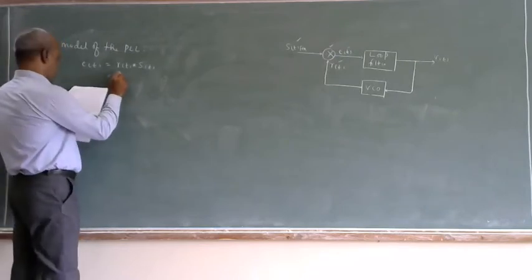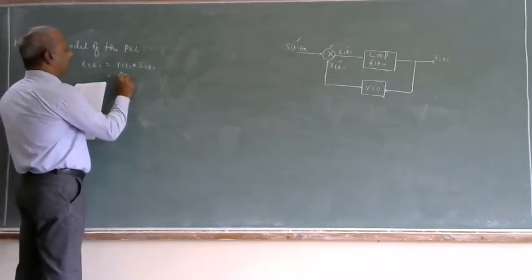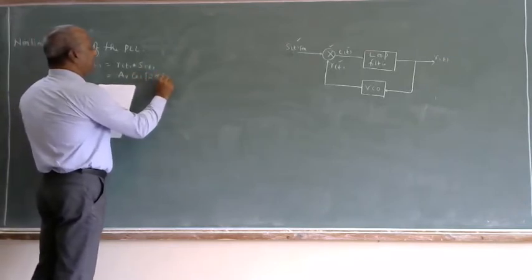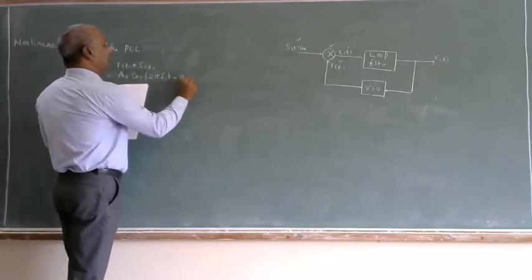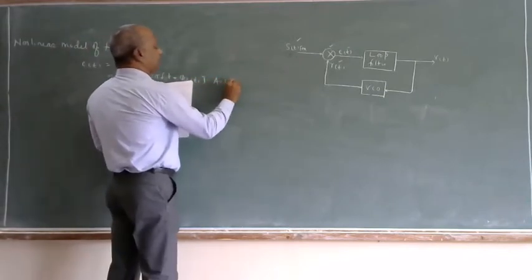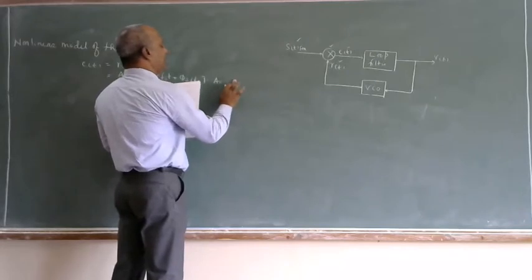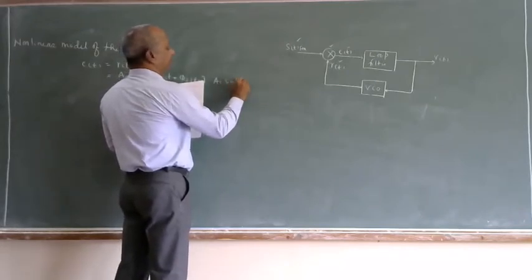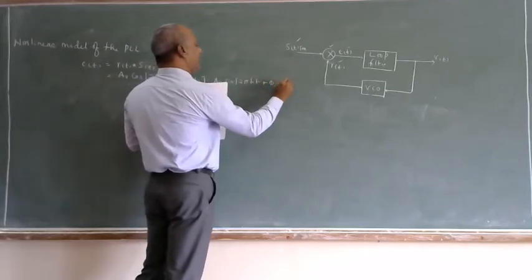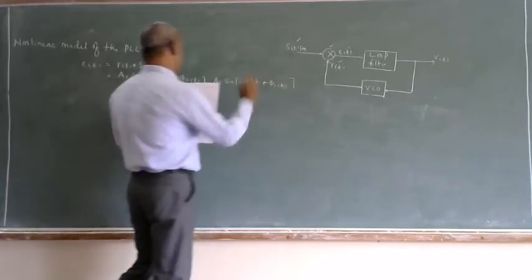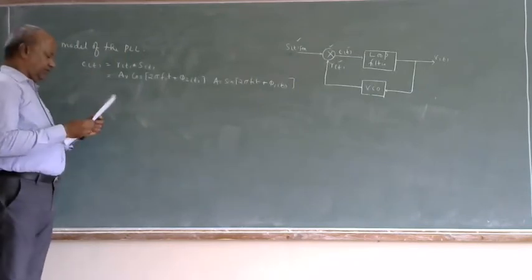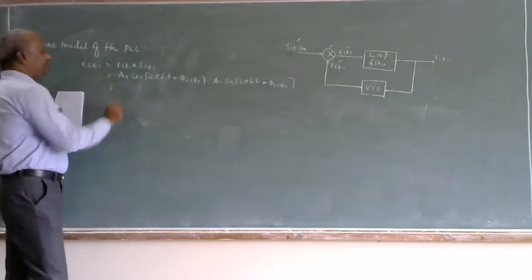That is, R of t is AV cos 2 pi FCT plus phi 2 of t, and S of t is AC sin 2 pi FCT plus phi 1 of t. So just the multiplication of R of t and S of t, which equals